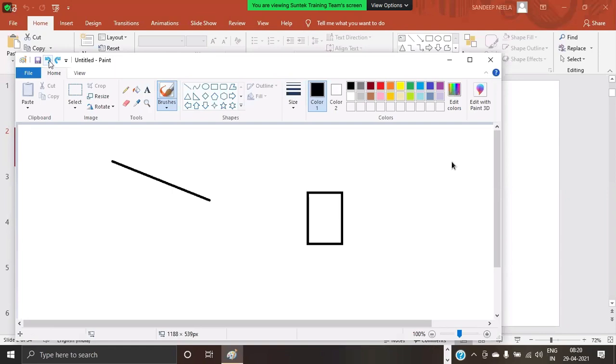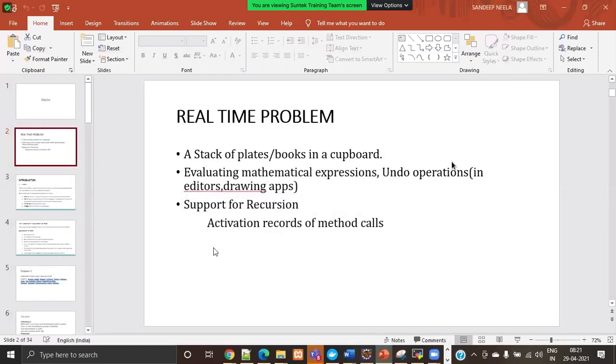Next one, square, that is rectangle. Next one, line. See, whatever was inserted last is deleted first. That's what stack operations are. It also supports recursion. Recursion works based on the stack concept only: whatever recursive call was made last will be completed first.